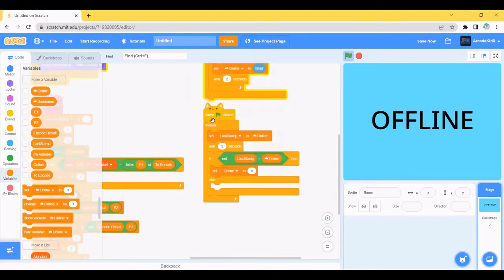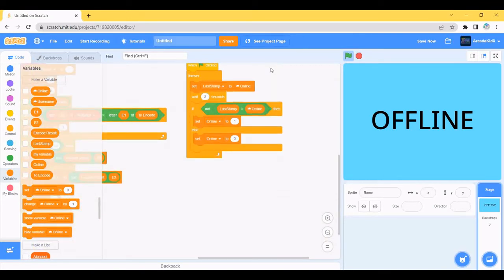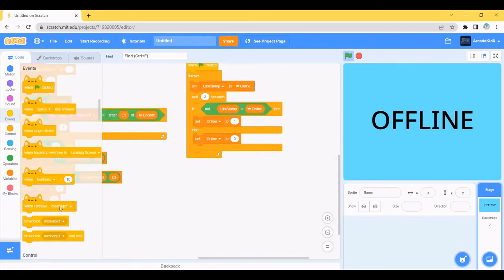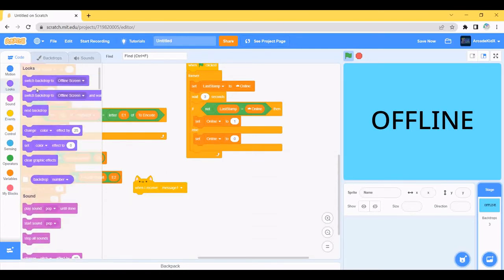Now we need to go to the normal online and change it to 1. And now just duplicate this and keep it in else and change it to 0. So the code in the backdrop is over. So it's not over yet, but we need to launch a message. So click on when I receive message 1, click go to looks, and we will